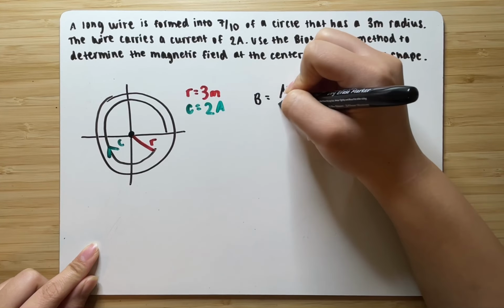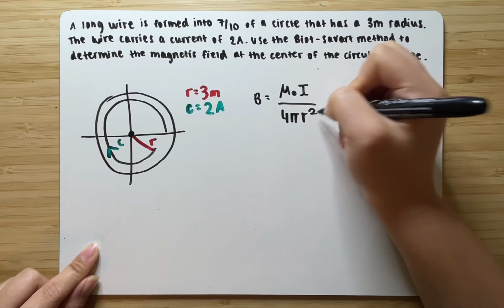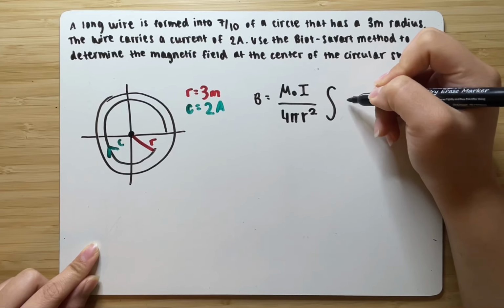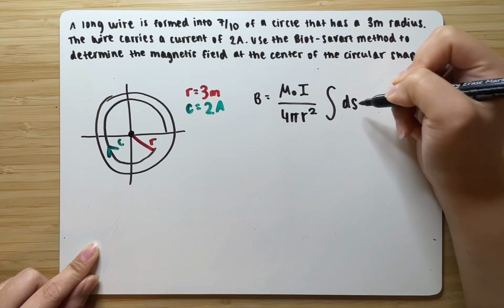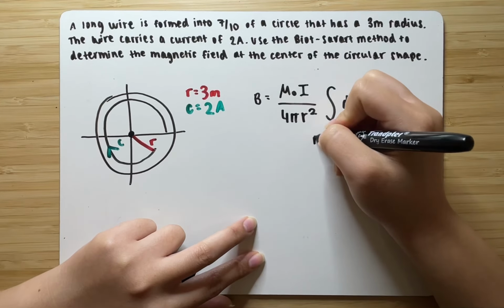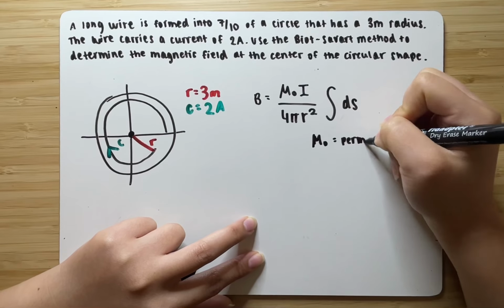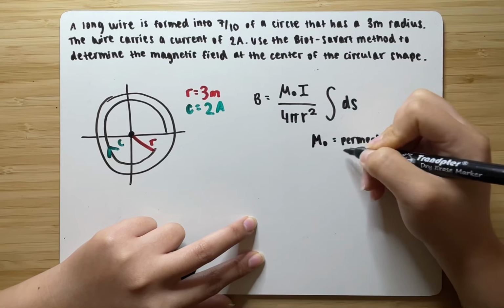Mu naught times the current over 4 pi r squared, all that multiplied by the length element, ds. So let me write this here. So mu naught is going to be equal to the permeability of free space,